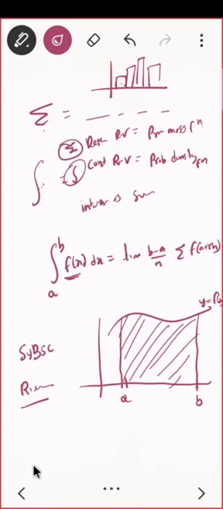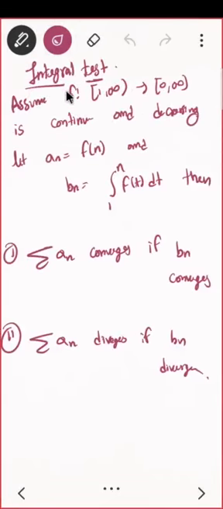So here what I am saying is, this integral test says that if you want to check whether the summation of a_n is convergent, it is enough to check whether this limit exists, that's it. Whether this sequence b_n is convergent or not. If it is convergent, that's it. Same goes for this also: if you want to check whether this sequence is convergent, it is enough to check whether this series is convergent. As simple as that.